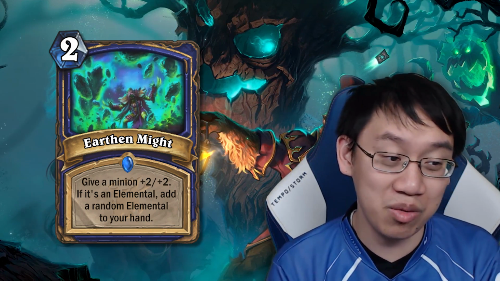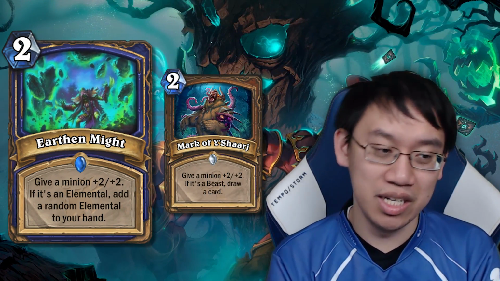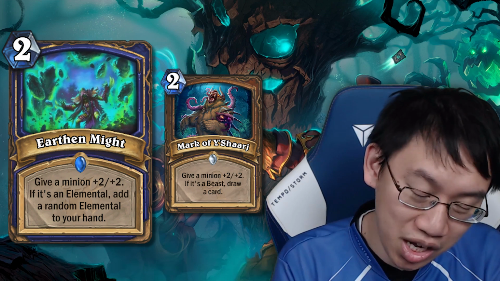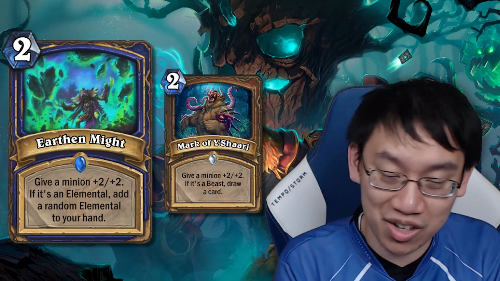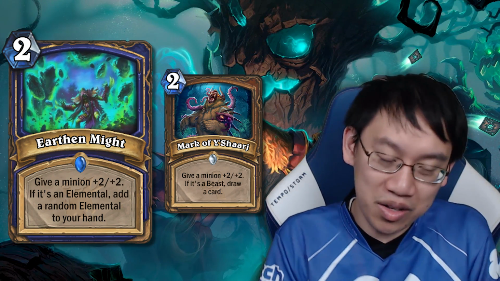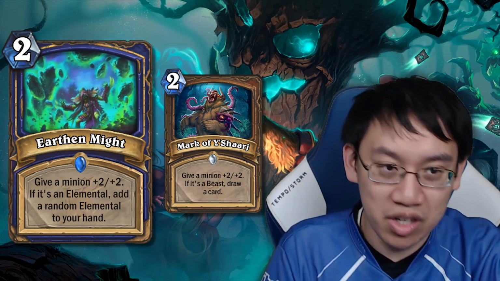If it's an elemental, add a random elemental to your hand. Like Mark of Yshaarj for the Druid Beast, except for Shamans and Elementals. I don't know if this card is going to be good enough to push Elemental Shaman, but it seems to be the most promising archetype, which is to have some elementals in Shaman and probably run Earthen Might in the deck then. And it's a card that boosts the strength, but I'm not sure if the strength of Elemental Shaman